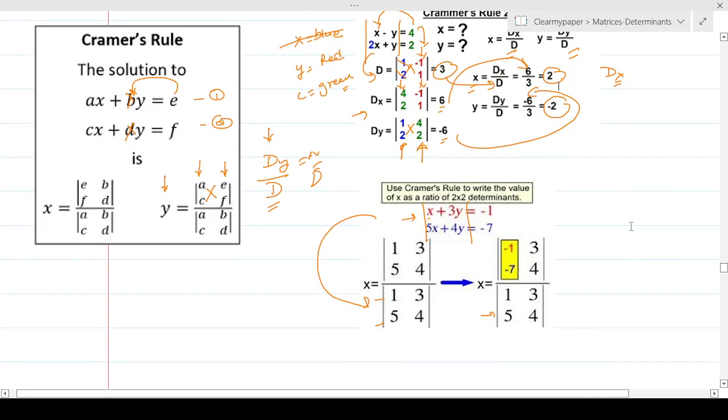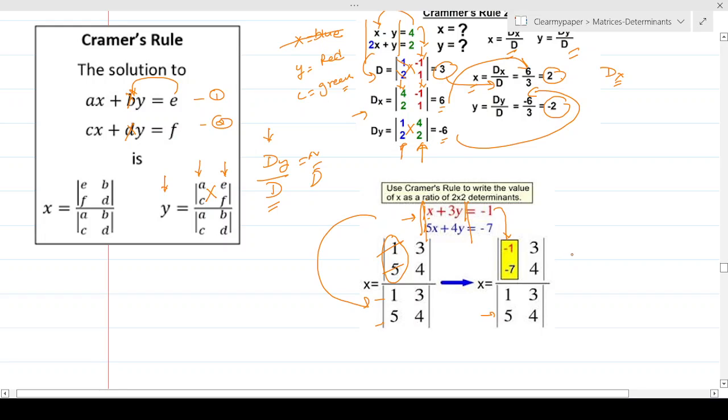So these are different examples to just show you clarity. You have the coefficient matrix here that goes in the denominator, where you just take the coefficients and find the determinant. And as far as finding the value of x goes, just ignore the coefficients for the x and replace them with the constant. So which is this column. This 1 and 5 is a part of the coefficient matrix. This yellow part is removed, and this yellow part is nothing but the constant matrix. So this minus 1 and minus 7 replaces 1 and 5. That's what they have done.